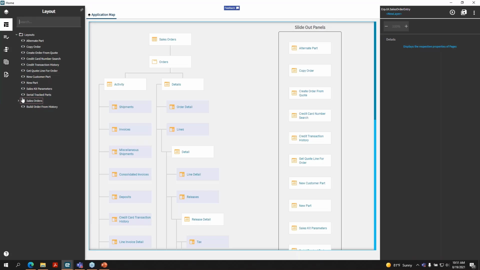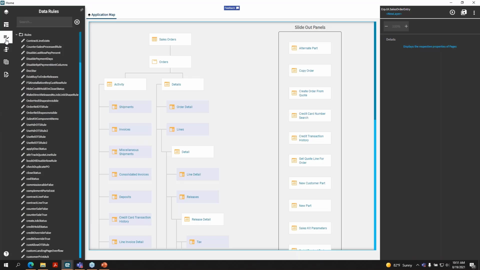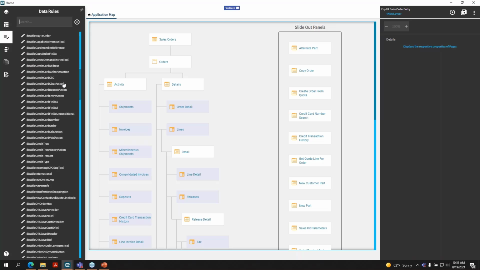So if I click on this layout button here, again, you're going to see the same thing about those application maps, and you can actually pick these right out of here to modify them or customize them. And then you have your data rules here. So essentially what you're going to see in here is all the data rules that the sales order entry screen is already using